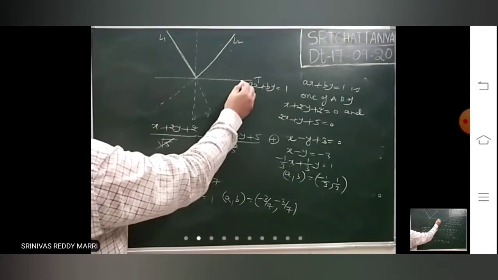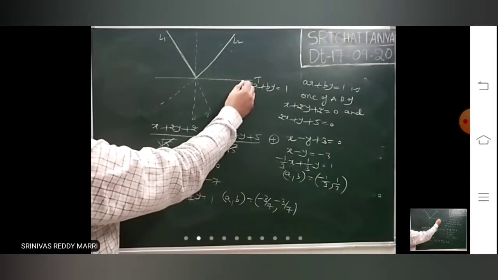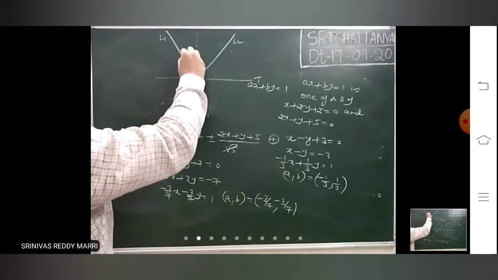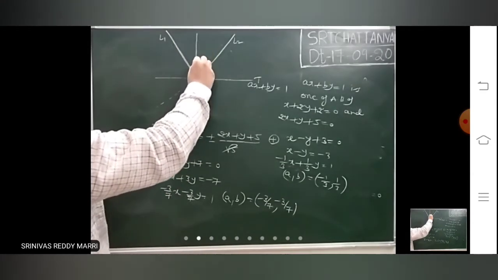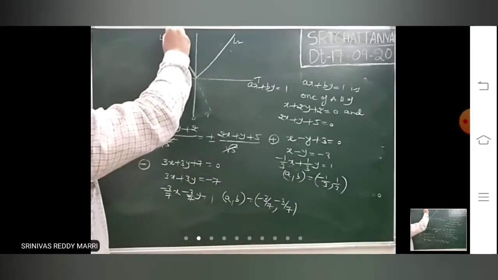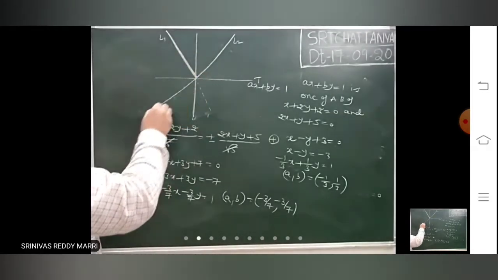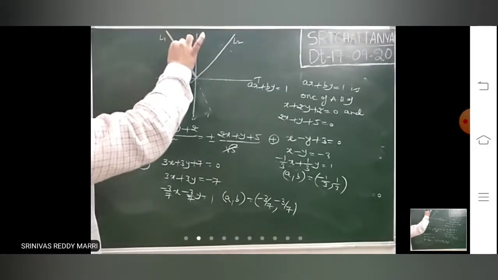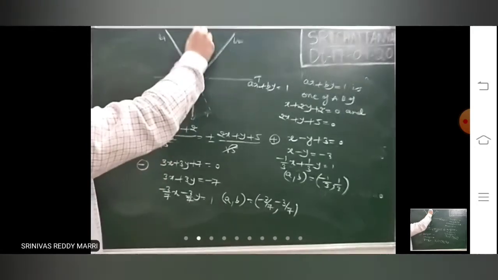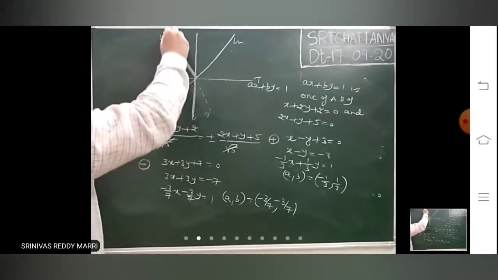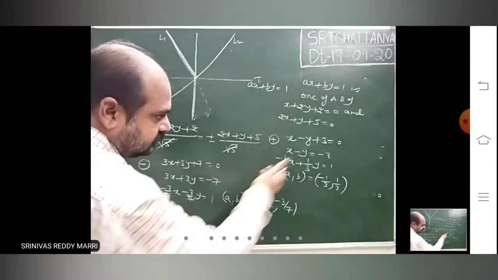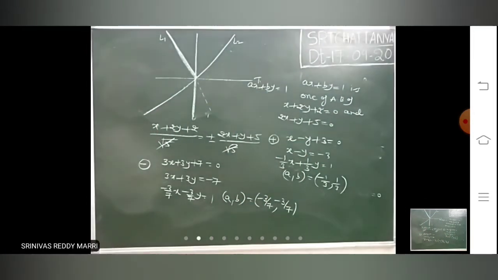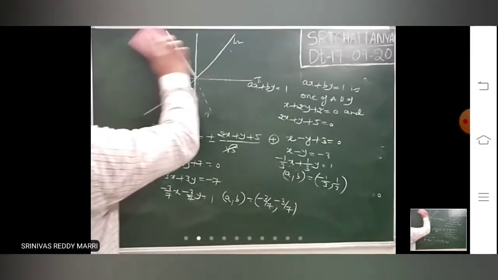So this is the line, right? If it strikes like this, look at, if this is that line, then it strikes like this and it will go like this. If it strikes like this and goes like this, this is the tangent line. If it strikes like this and goes like this, this is the line. That means these two are the possibilities. Anything it can be.